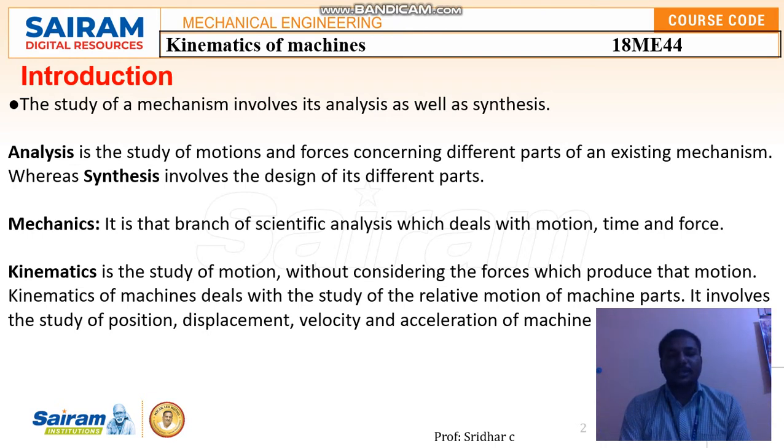All the machine parts are interlinked inside the machine, so there will be relative motion between each other. All the different parts will have a relative motion among themselves. This is what we're going to study about kinematics. In mechanics, we have discussed the analysis, mechanics and kinematics. Next we're going to study about the